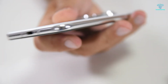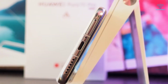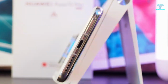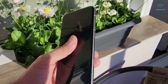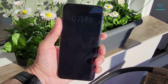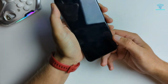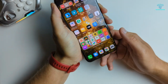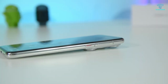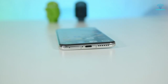Let's not forget about the additional features. Huawei Pura 70 Pro is equipped with stereo speakers, which guarantees high-quality sound when watching movies and listening to music. The smartphone also supports wireless charging and reverse charging, so you can charge your accessories directly from the phone. For those who care about security, the Pura 70 Pro has a fingerprint scanner under the screen and a face recognition function. In conclusion, the Huawei Pura 70 Pro is a powerful and stylish smartphone that is perfect for those